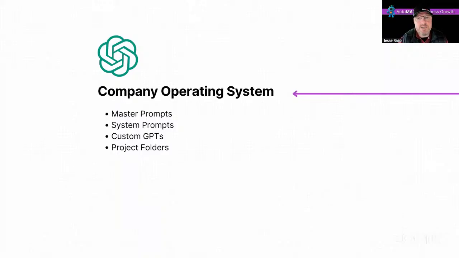From those impact meetings, we set the context associated with what it is that we're up to, what's important to us. We capture all of that information and train our team with it. We utilize that information to create master and system prompts. We load all that information into ChatGPT inside of our company ChatGPT workspace. And then on a daily basis, we're able to iterate much more rapidly.